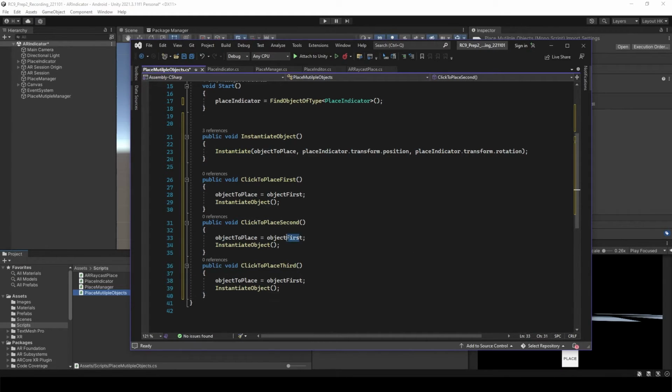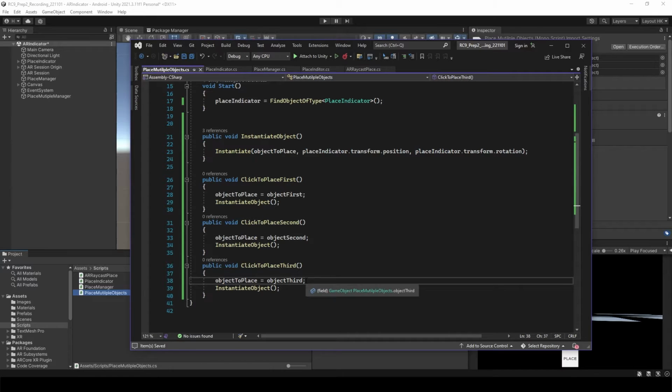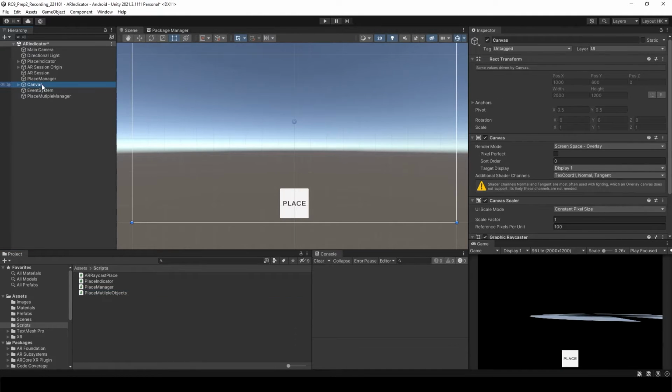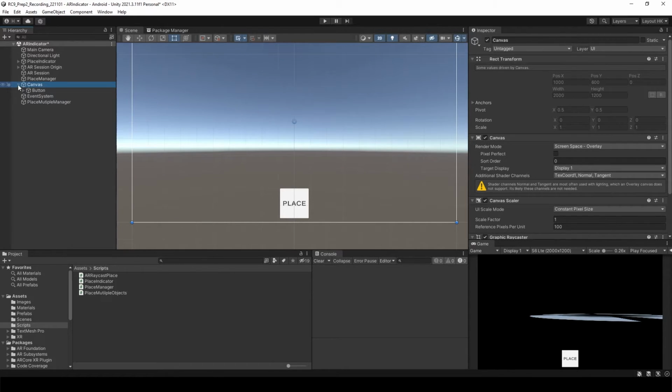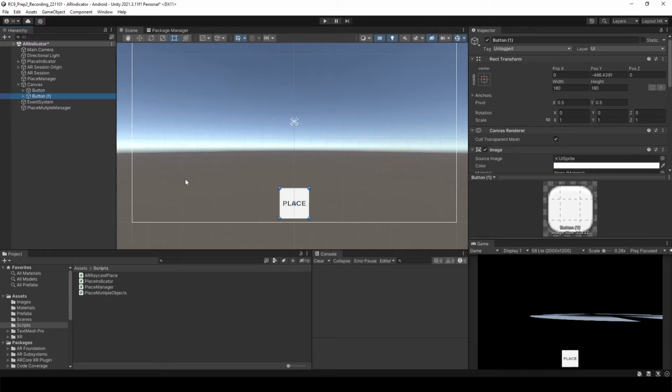And then you can copy paste to every click button, and let's change this to second and third. I'm not going to deploy it right now, but as a result, every time you click each button, it's going to instantiate the first, second, and third object. Of course, to do that, we have to go to the canvas and create more buttons, or maybe just select this button and duplicate it two times, and let's move the first one to the left, the third one to the right,